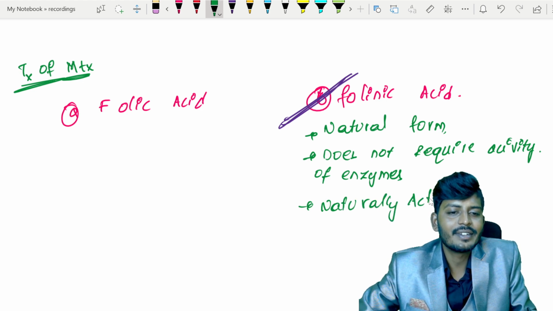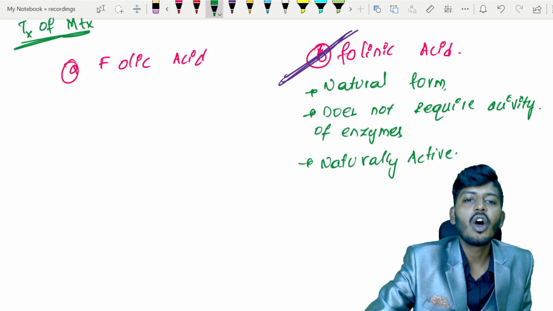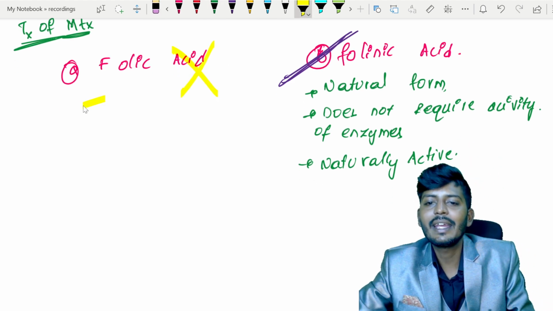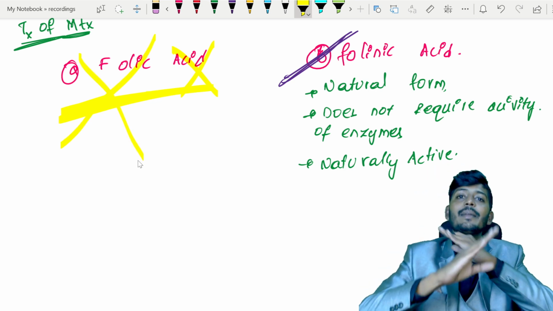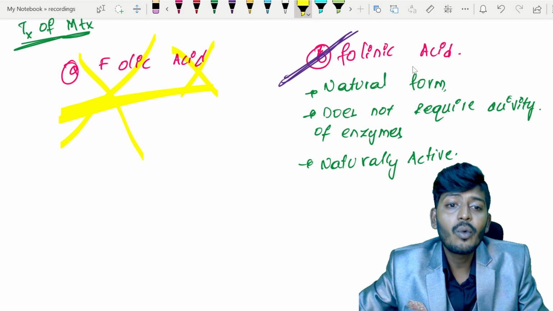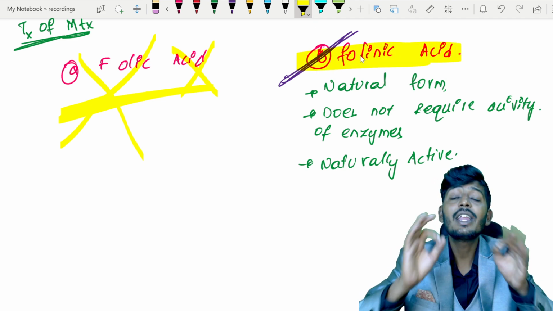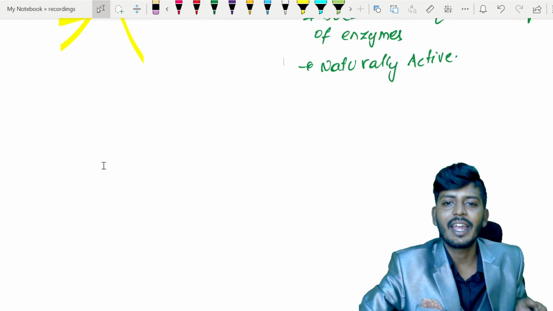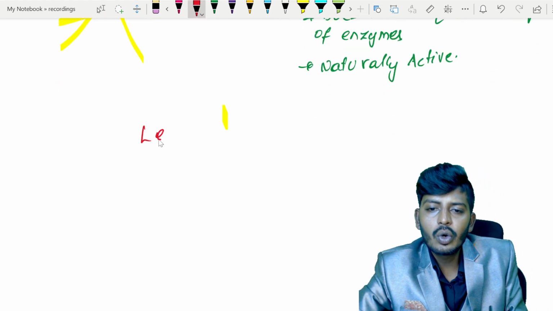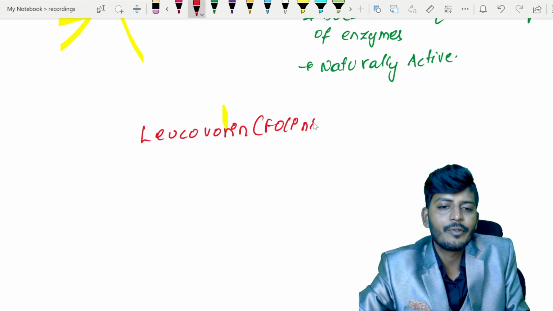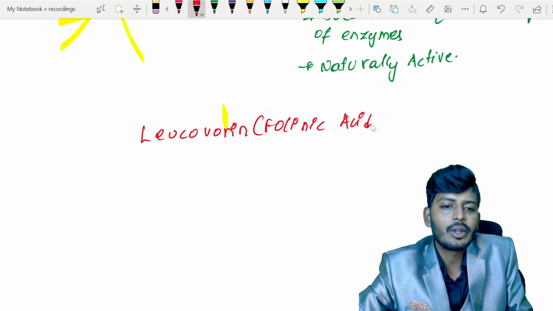So that is the reason why we are going to use folinic acid. So the answer is not folic acid. Remember, many students make a mistake. Folic acid is not the treatment for methotrexate. Folinic acid. Remember loud and clear: folinic acid is the treatment for methotrexate toxicity. Folinic acid can also be called leucovorin. So folinic acid or leucovorin will be the treatment for methotrexate toxicity,